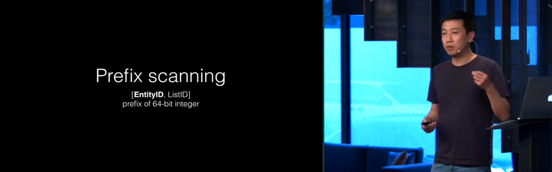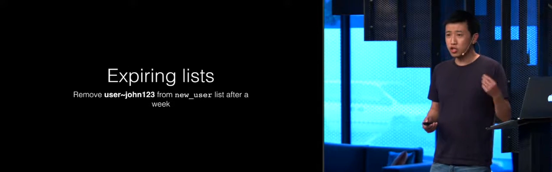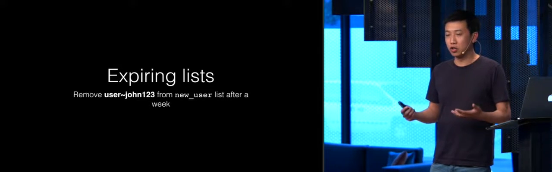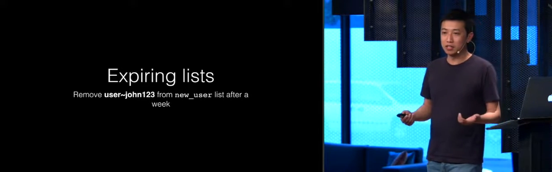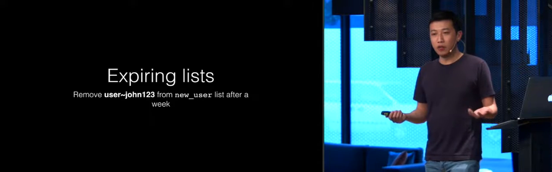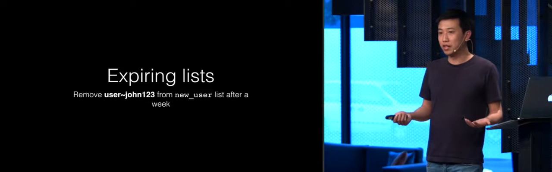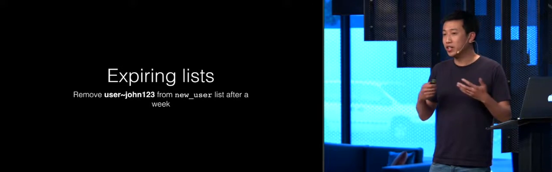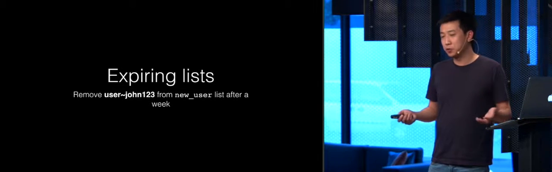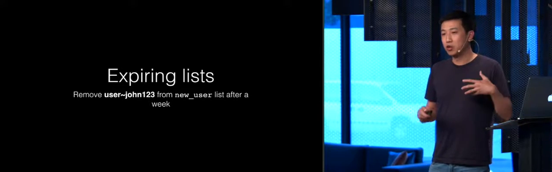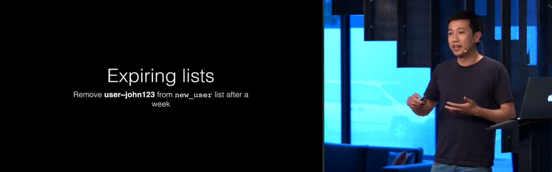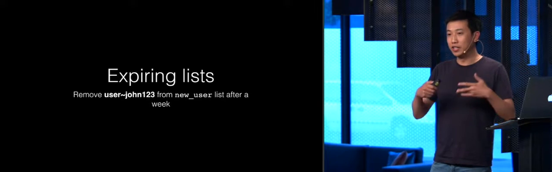And to take this idea a little bit further, we also have requirements that we want to expire some of the list or labels on certain entities. For example, when we first see a user, we give the user a label of new user, but we might want to expire it after a week or an hour, depending on our customers. In order to do that, we need to have a background job that would periodically modify the data of the